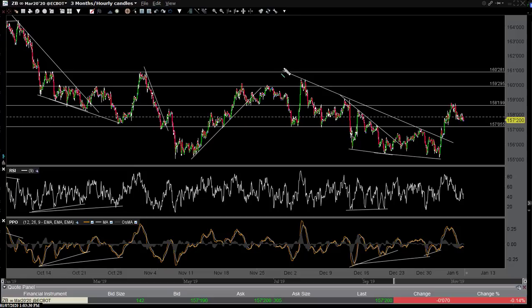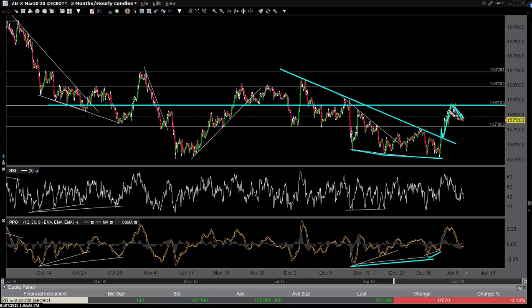You can see probably the most important level here, you have a bullish falling wedge pattern, which it just broke out of recently. And so we've seen a couple things. We've seen risk-off assets rallying up until just very recently, but you had an impulsive breakout there, a perfect back test, and then a leg up right to that 158.199 target slash resistance level I had. So far a rejection there.